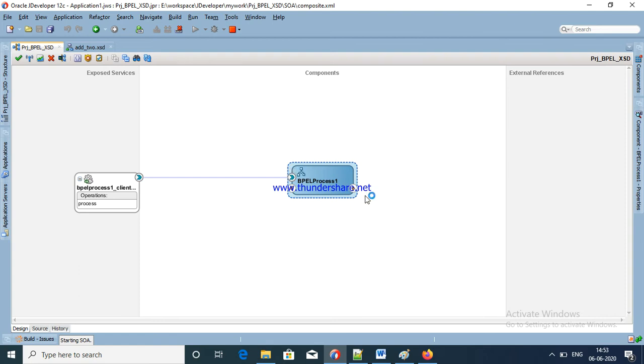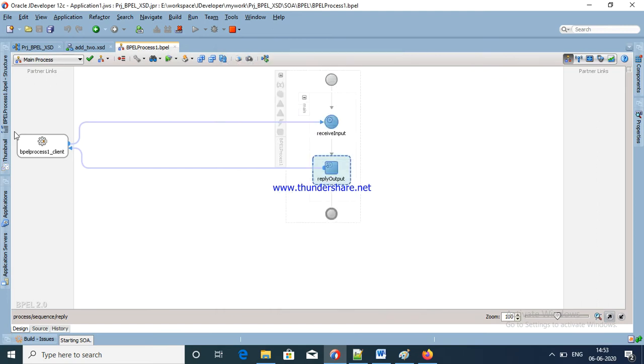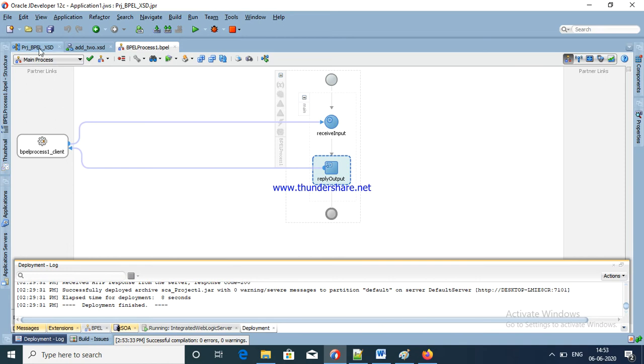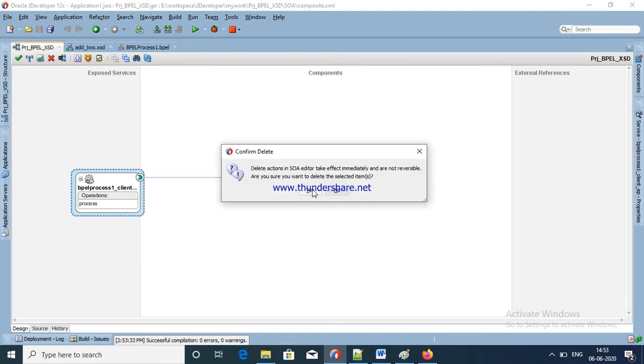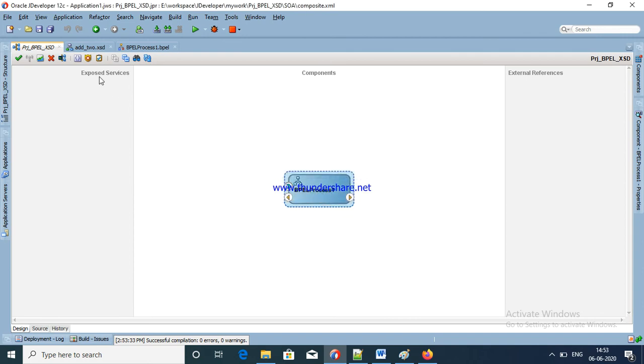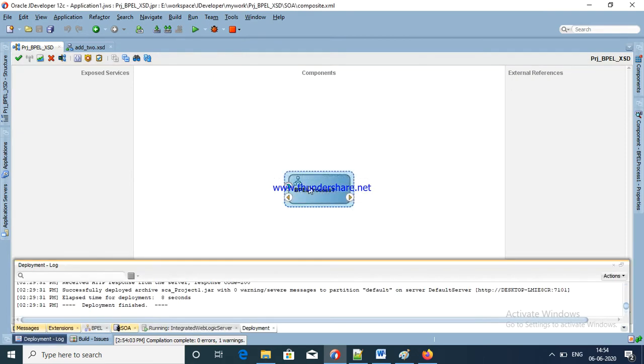See here, we can't use the XSD, it is already created. Okay, in this case what I am going to do is just delete this, the delete button. Otherwise, right click, delete. Are you sure? Yes. Now right click, delete. Okay, see here, save all. Oh, this you have to close. Okay, once closed, now you are eligible to delete. See here, now deleted successfully.